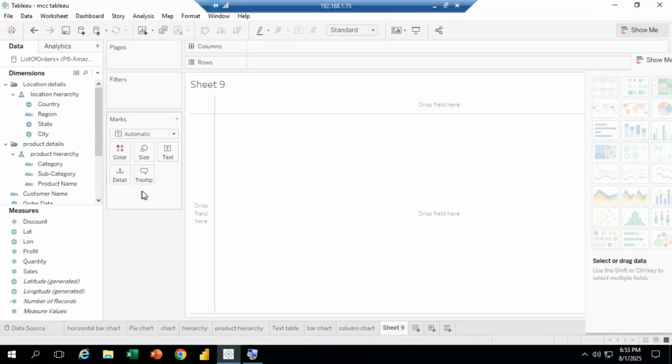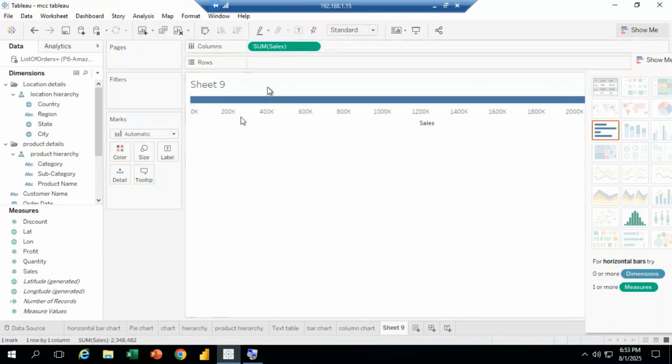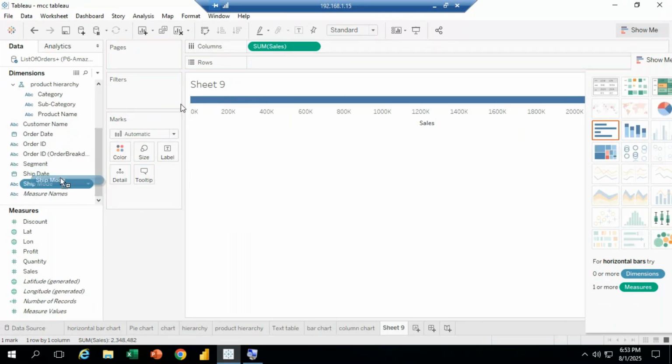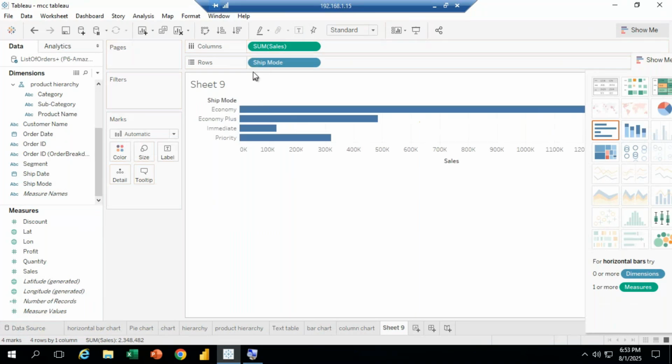See, now here in the cells, in the columns, I am going to drag into the columns option, drag and drop here. In that, ship mode. Where is my ship mode? Drag and drop into the ship mode option. See, now